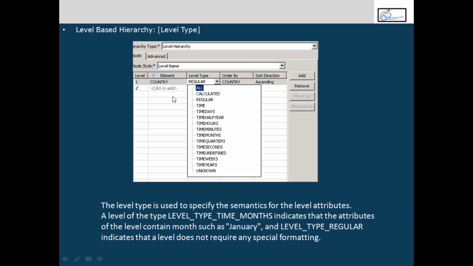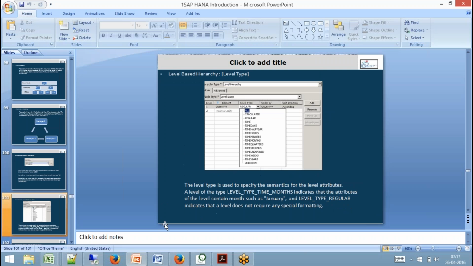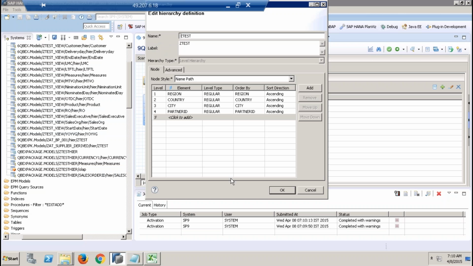I cannot, because in BW you have time characteristics or normal characteristics, but here it is only attribute or measure. But for some of the attributes, you would like to explicitly define more semantics and say this is more relevant to time, or this is more relevant to units, or what it is. Then I can use something called level type where you define the semantics of it. Say for year, month does not make any sense, but